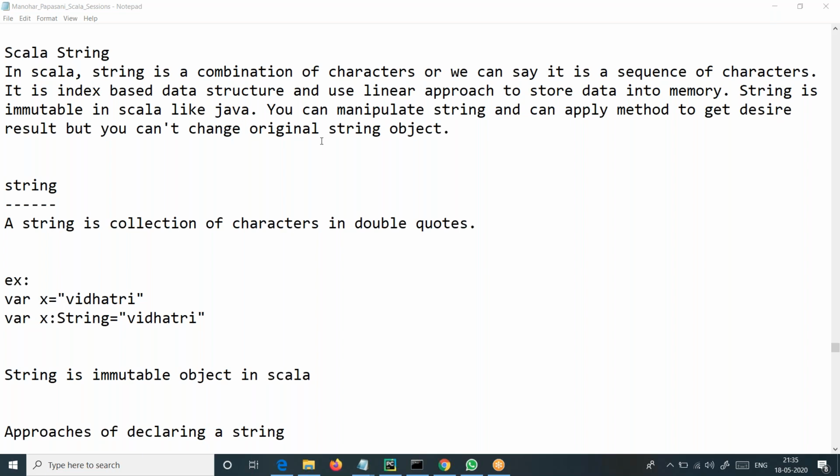And we didn't apply those methods. Got it? But we know how to declare string and how to print it or how to use it. All that is fine. But one important thing here is string is also a class. We have done so much of object-oriented programming. This is a built-in class,